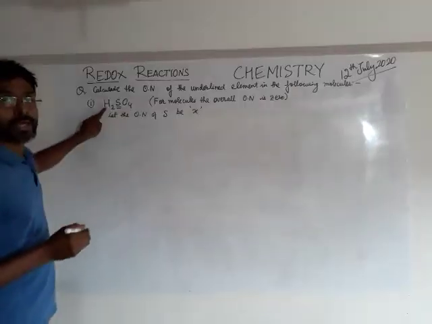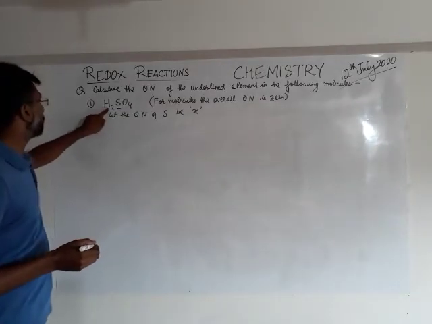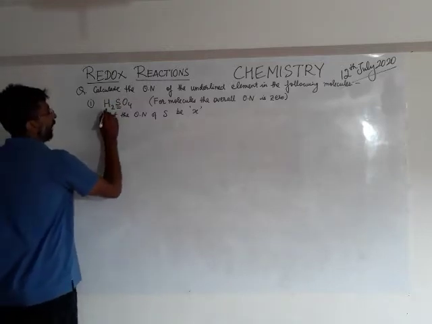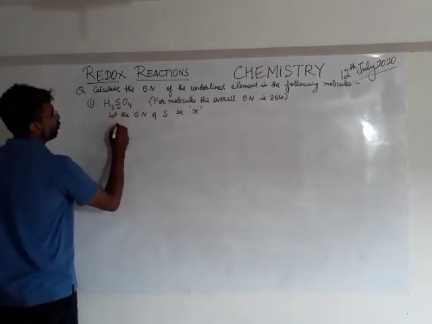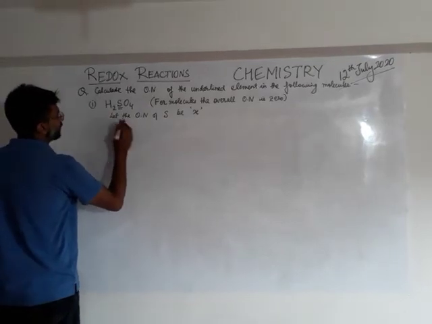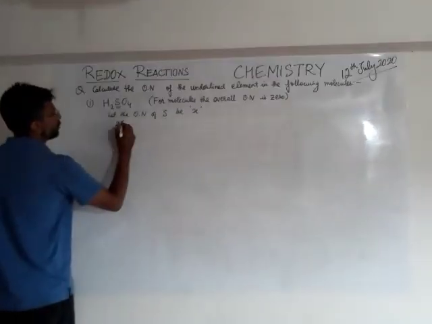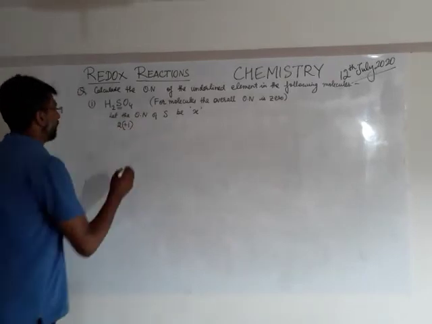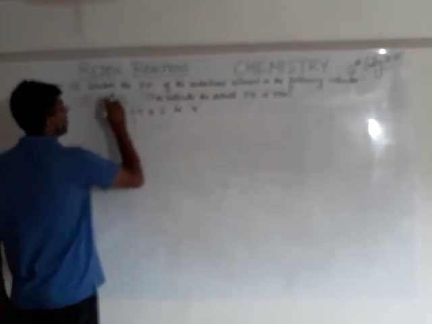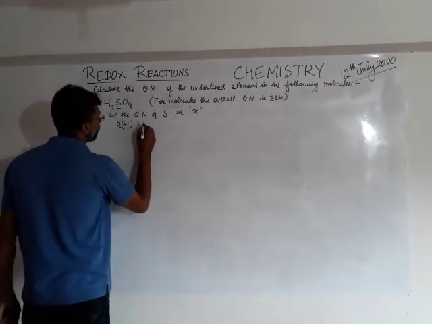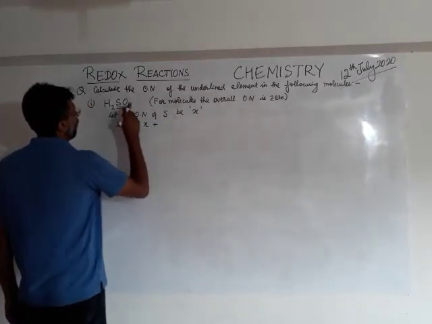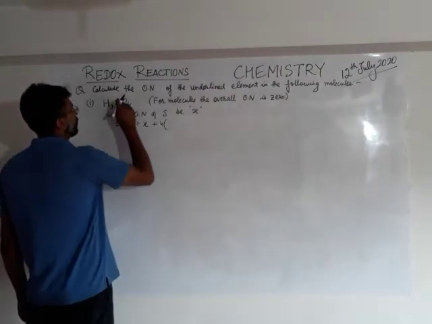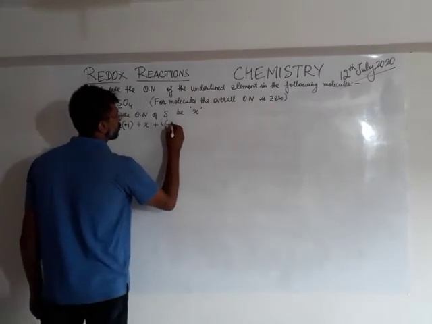Now, sulfuric acid is made up of 2 hydrogen atoms, 1 sulfur atom and 4 oxygen atoms. So, hydrogen, there are 2 hydrogen atoms, so 2. Open the bracket. The oxidation number of hydrogen is +1. The valence is +1, so I write +1. Then plus sulfur, it is X, 1 atom only, so X. Plus oxygen, there are 4 atoms, so I write down 4. And then the oxidation number of oxygen is -2.